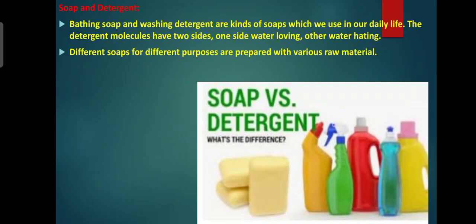Now we are going to discuss how soap works. Imagine a soap molecule as a tadpole larva with a tail and a head. Soap is formed when a fatty acid combines with an alkaline solution, usually one with a sodium or potassium atom. Atom means tiny particle. The tail of the soap is made up of a hydrocarbon chain.